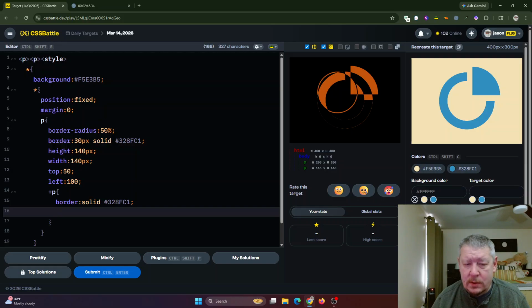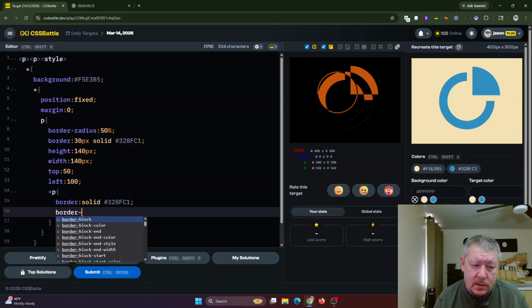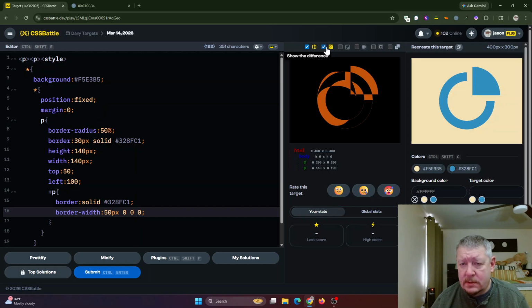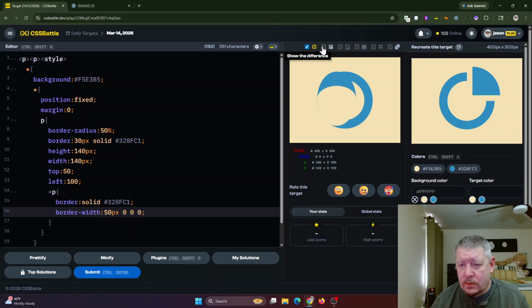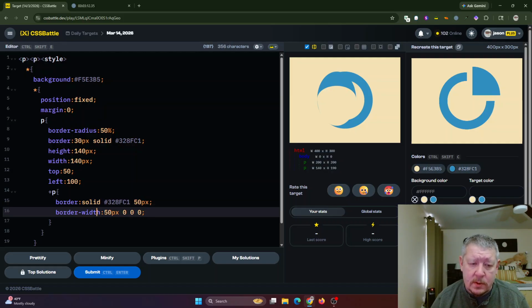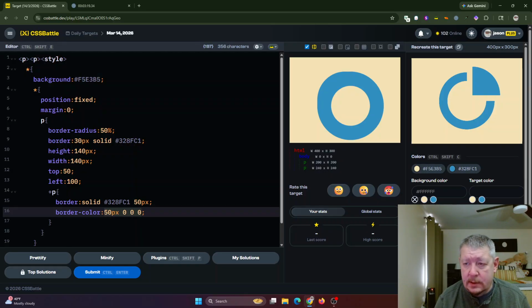To get a border like that, we need to say border width is 50 pixels 0, 0, 0. Is that right? Nope, that's not right. That's not right at all. So we need to put 50 pixels back here. And we need to do border color. Color, and then it's not pixels. It's going to be